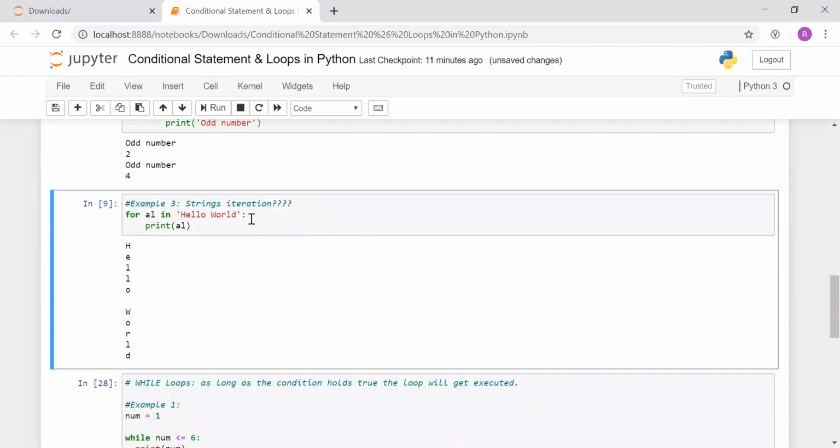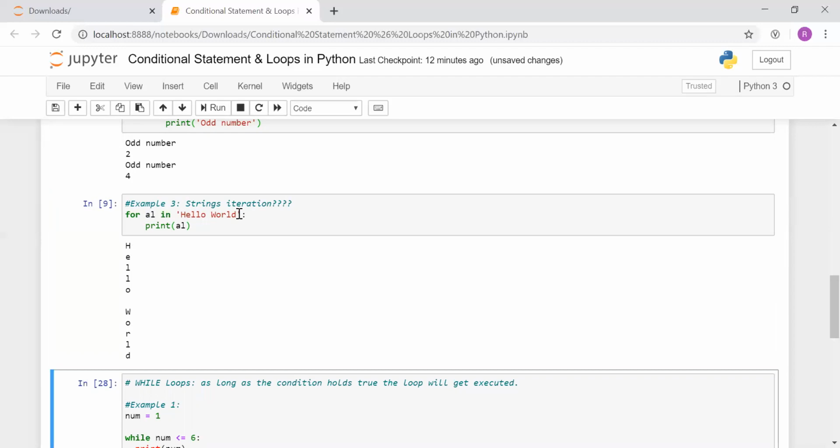Coming to string iteration, this kind of string iteration we also use sometimes in our programming world, so this is also important. Here we are using the incremental operator, and it will take the characters from the assigned string, iterate one by one, and print line by line.